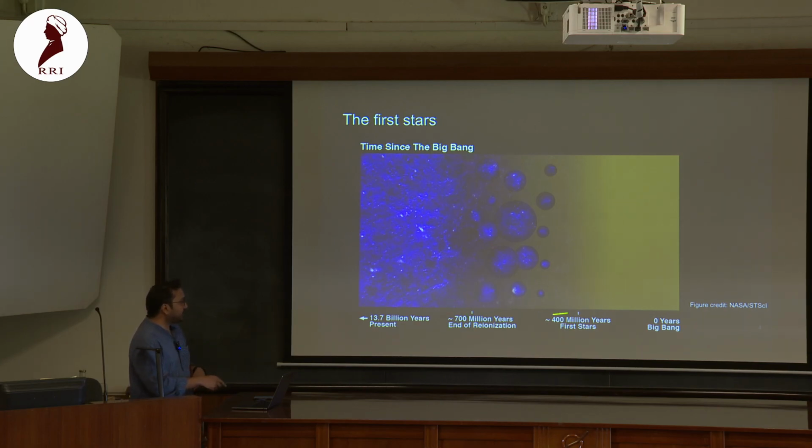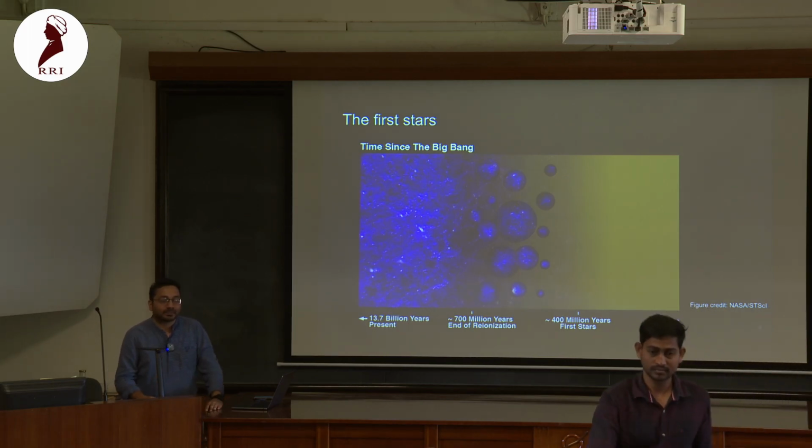So there are lots of questions in this period right here, starting off with when the first stars actually formed, and given the environment in which they formed was very different from our local universe, what kind of processes led to them. So for example, what were the cooling mechanisms, or what was the minimum mass that really led to formation of the very first stars. And finally, there are different models of inside out and outside in reionization, and how say heating of the IGM took place, and a lot of sub-processes that started off right at cosmic dawn and went on till epoch of reionization. So all these questions, yeah.